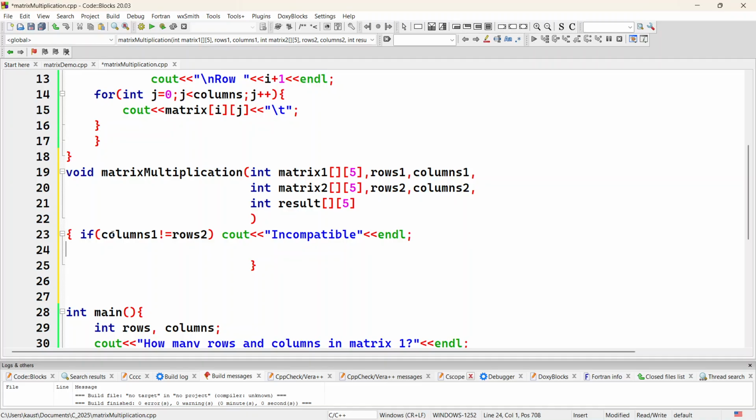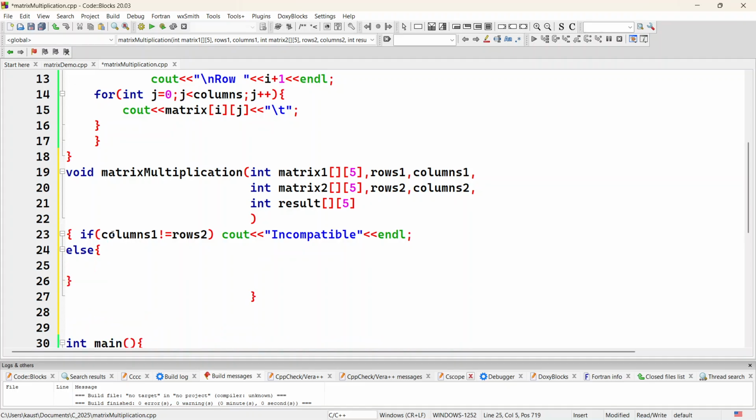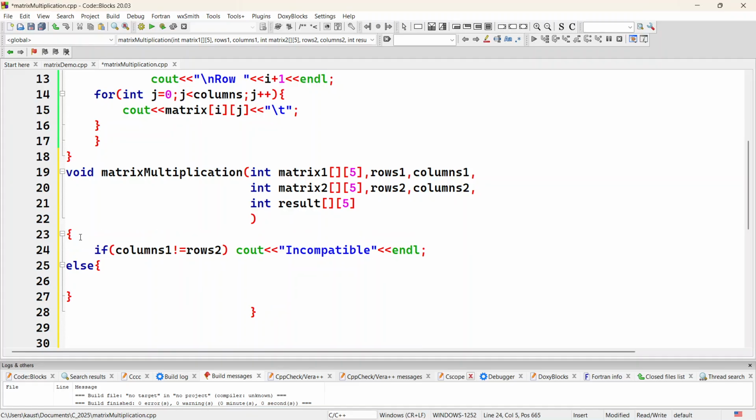On the other hand, if the columns and rows match, then we will have to write a loop to calculate the product. So in the else, we will create a loop. Now how will the loop be? So for example, if you say that,